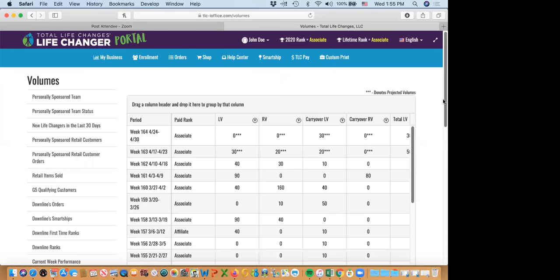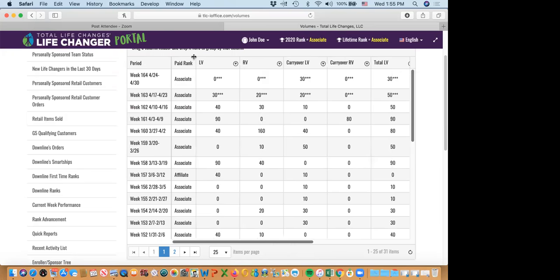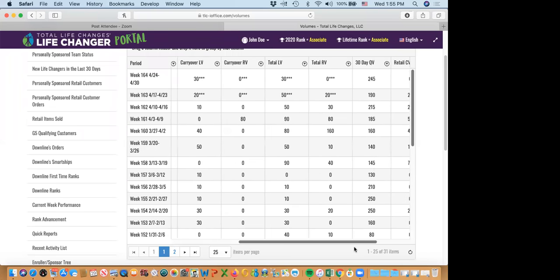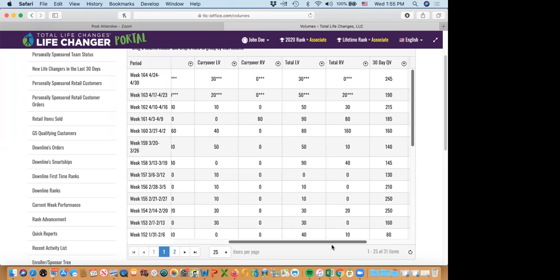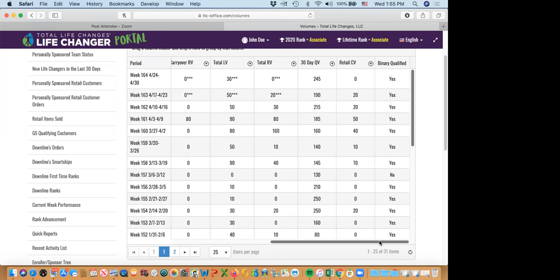This shows you the health of your business, because now once again, let's bring these columns over. Okay, well, no, it's not going to matter. Okay, so let's scroll over. This is what's going to show. You want to see binary qualified, yes. Because if you see a no, what's going to happen? That means you're going to lose your carryover. You don't want to lose your carryover, and you need to make sure that you are completely active because you don't want to lose your carryover, okay? That's very important. Our company allows for one oops, and then they will help you, but after that,